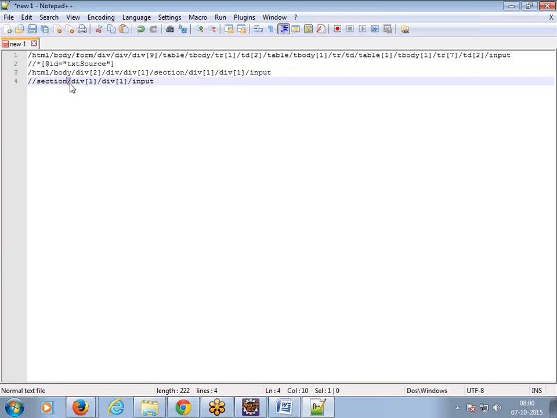Yes, Govin. See, single slash means the next tag, whatever you are defining after the single slash, should be the immediate child of the previous tag. Understand? That is the meaning of single slash. If it is a double slash, I can use double slashes here also in between. Here also we can write double slashes if you want. But what is the meaning of a single slash and double slash? That is what you have to understand. Single slash always defines the immediate child tag. Double slash always defines